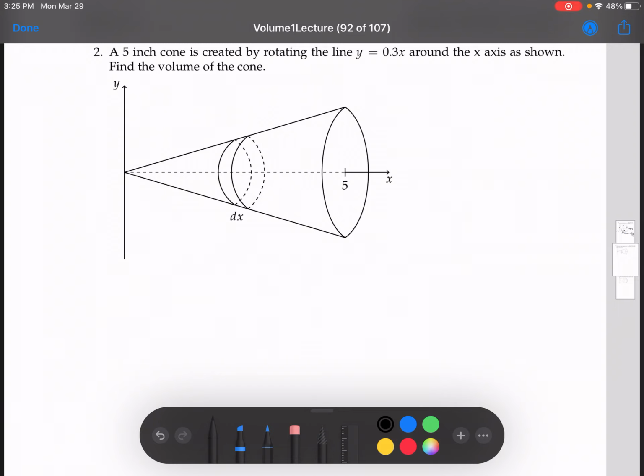Here we have a 5-inch cone that's created by rotating the line y equals 0.3x around the x-axis, and we're going to find the volume of the cone. All right, now you may have seen cones in previous classes that look like this,